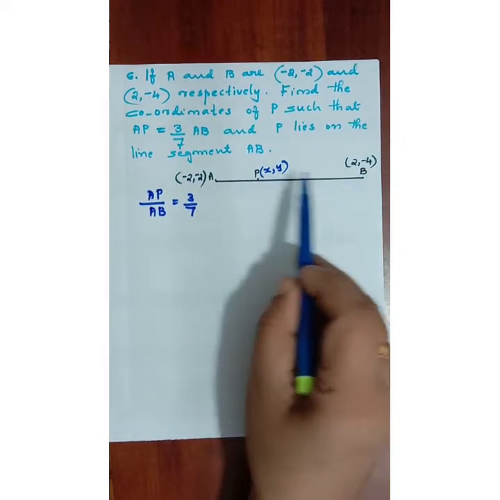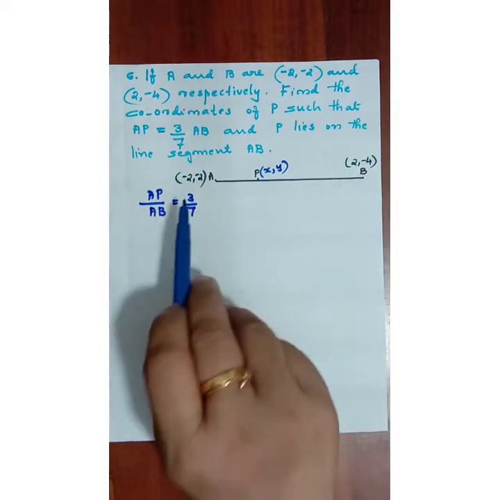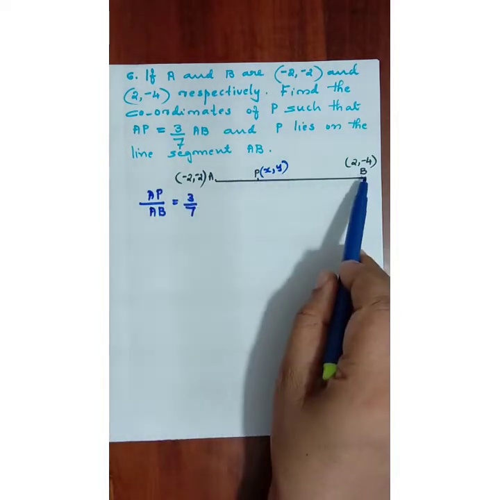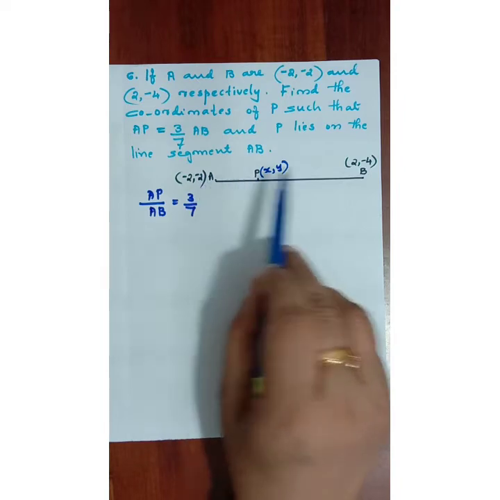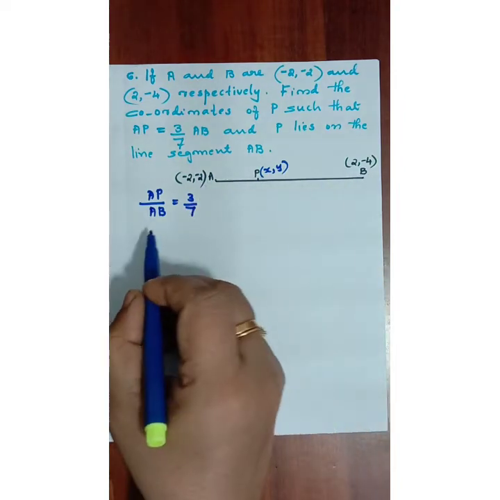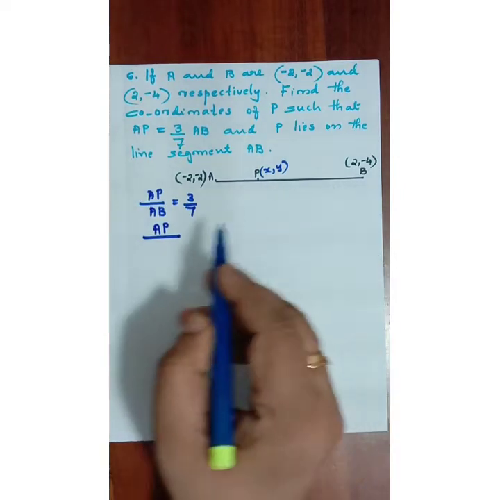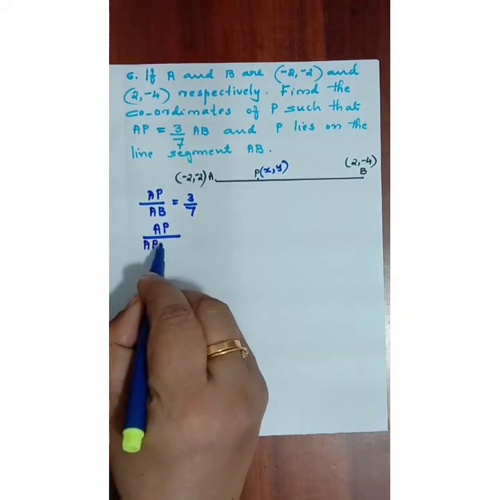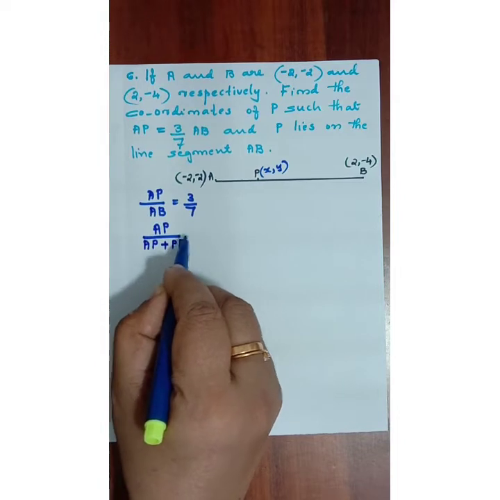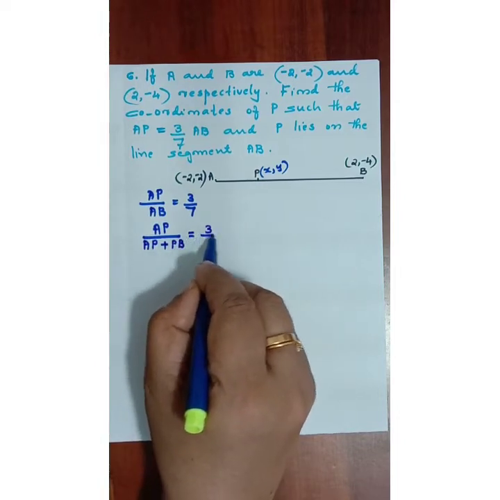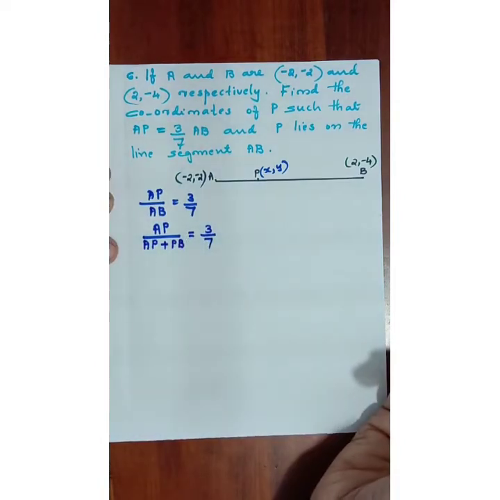AP is to PB, we want. They have given AP is to AB, 3 by 7. So what is meant by that? AP by AB, isn't it AP plus PB? AP upon AP plus PB is equal to 3 by 7. Here we have to find out what is our